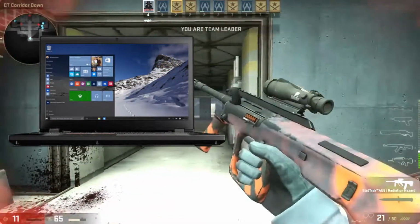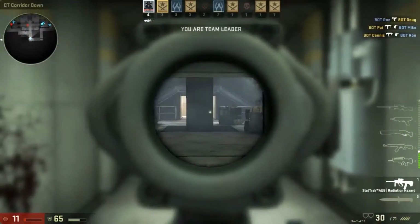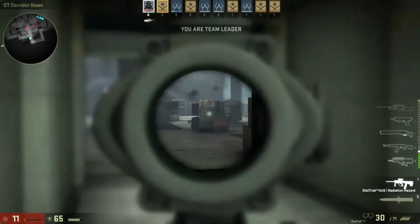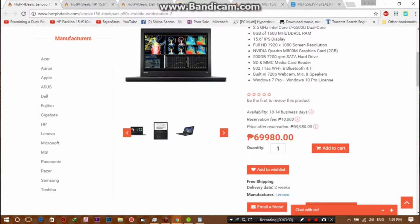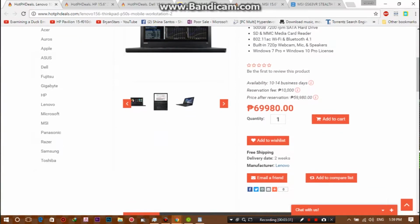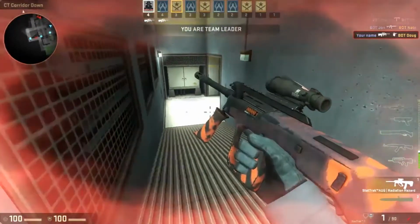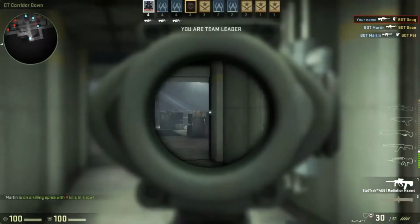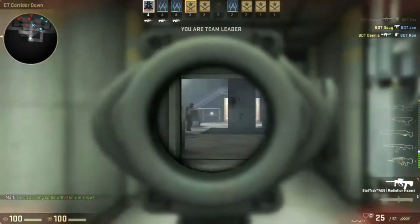This is the Lenovo ThinkPad P50s. You already know this mobile workstation as a type of ThinkPad quality with its durability, but also doesn't have any kind of problems with its specs. You have the Core i7 6500U, 8GB of RAM, 15.6 IPS display, M500M from NVIDIA, which is the Quadro card. The difference between the Quadro card and GeForce is that Quadro is more into the 3D modeling, so you really need to have more cores, and this is not actually aimed for a gaming type of device, so you have to keep that in mind. 69,980 can give you the full potential,